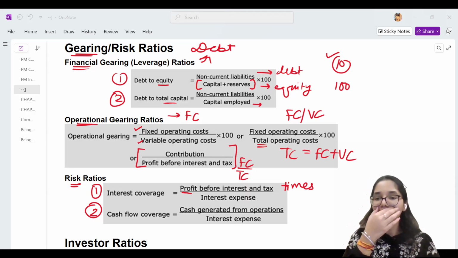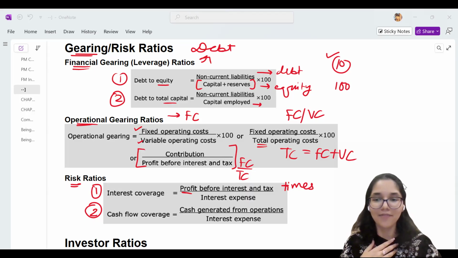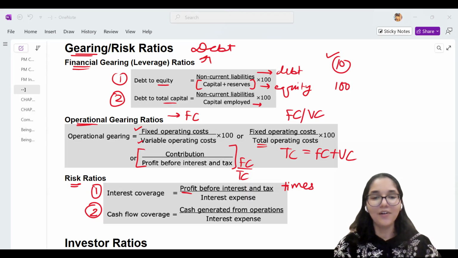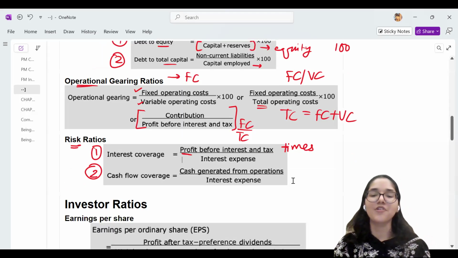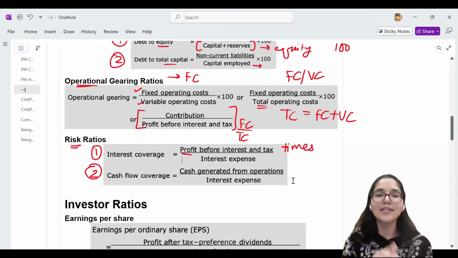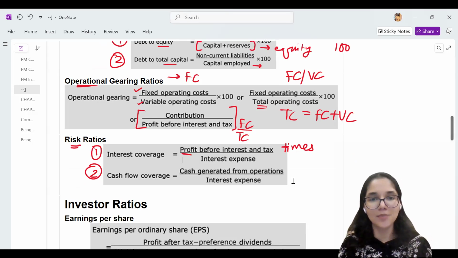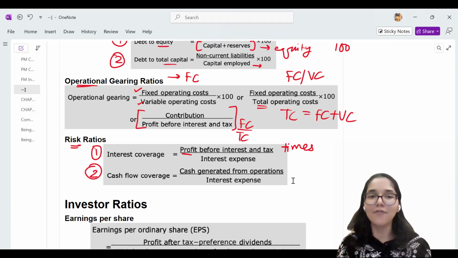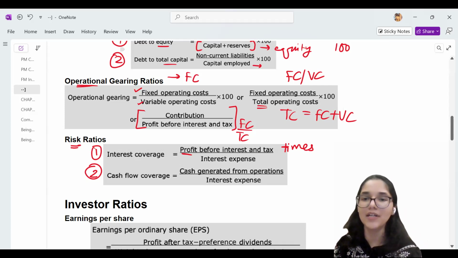Whatever reasons you're giving, you may be satisfied with these reasons, but I am not. Still not satisfied. Okay, let me give you an explanation. If you want to understand the difference between cash and profit, this one very simple real life example, you will never forget the difference between cash and profit.